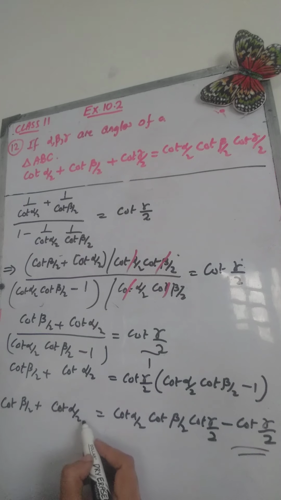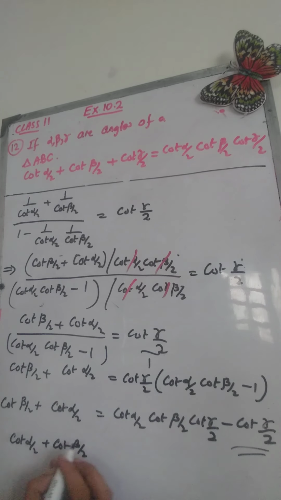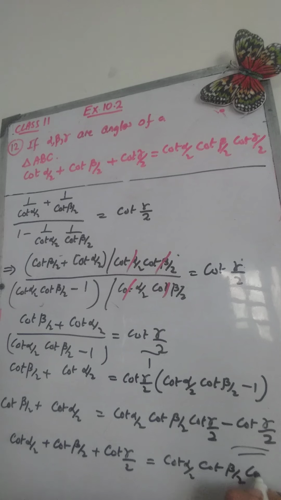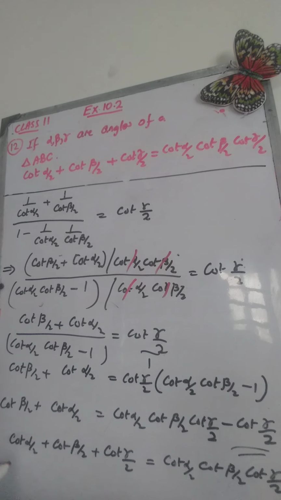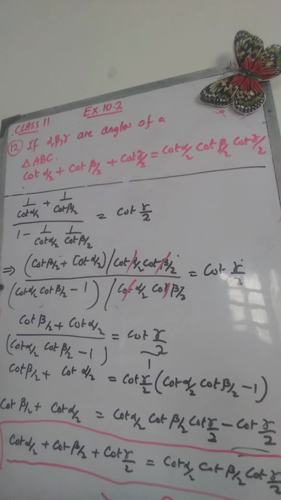Now shifting this expression to the left hand side, we are going to get the exact expression as we require. So this will be equal to cot, and let me write alpha by 2 first over here. We can easily do that because we know that the commutative law holds in real numbers. Okay, cot beta, shifting this expression to the left hand side, this will be plus cot gamma by 2 equals. So this is the same expression as the one required in the question. So we have proved this result, and this ends the solution.